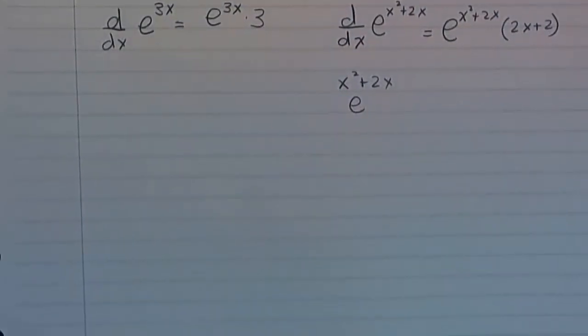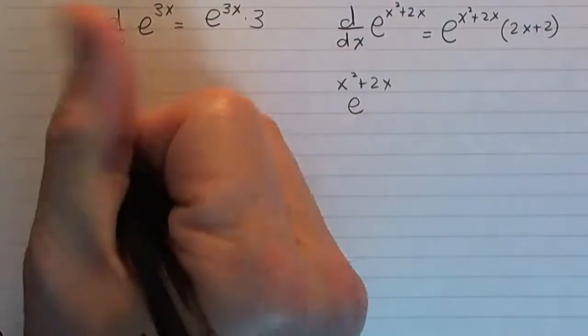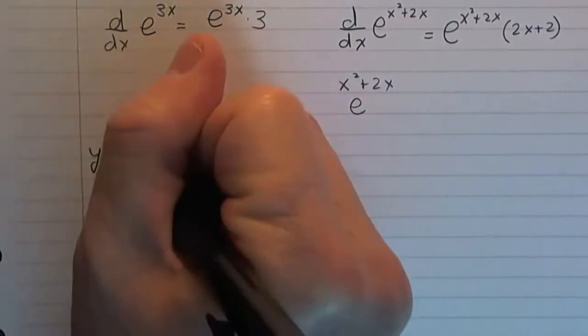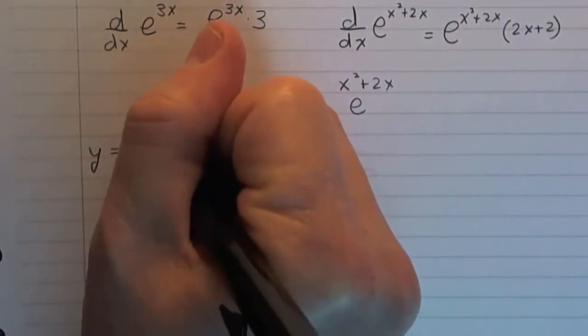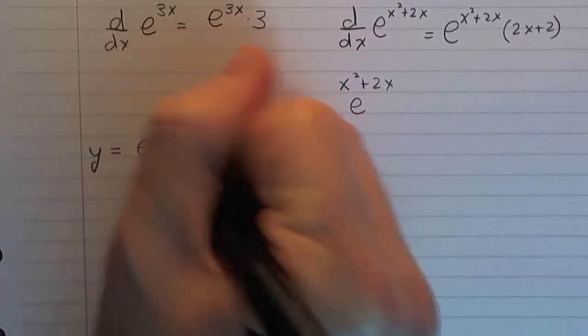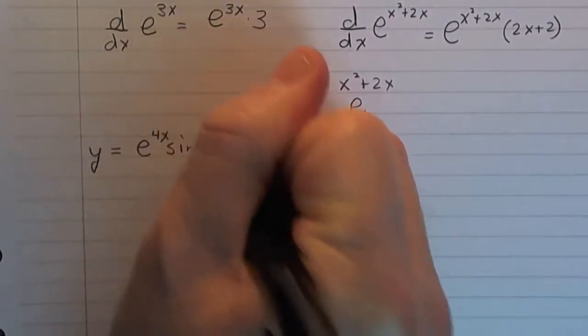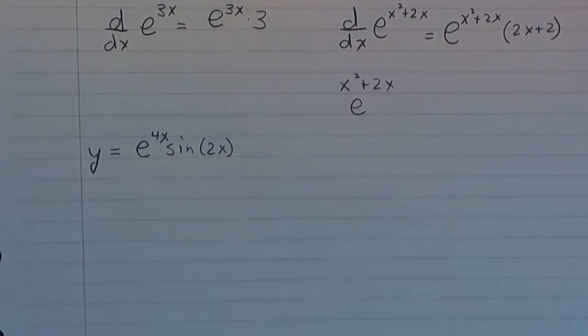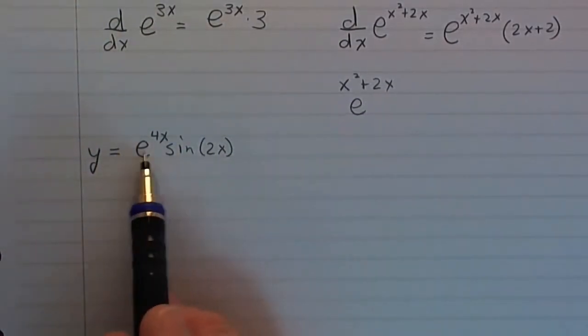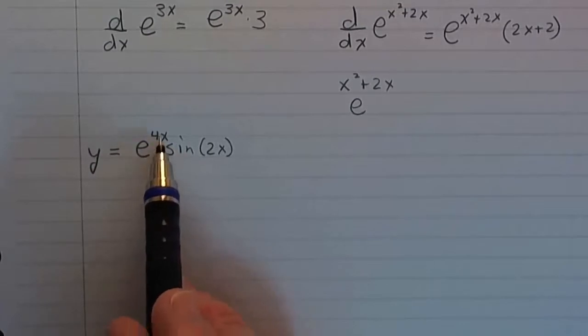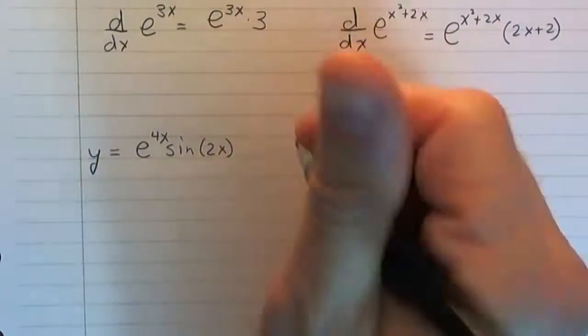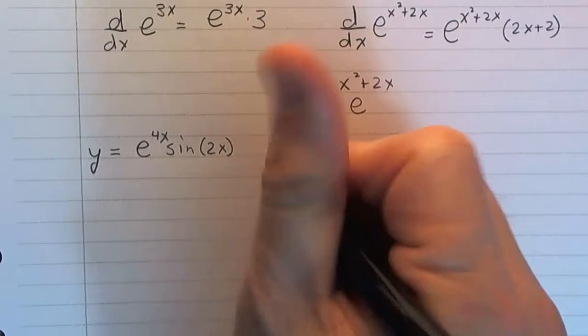Now, of course, you can put this together with the other functions. Now, we just have another rule to consider, another derivative. So let's suppose that we've got e to the 4x sine 2x, and we want to differentiate that. We want to find the derivative. So obviously we've got a product rule involved here, plus the chain rule. So here we go. Let's look at this. We've got dy